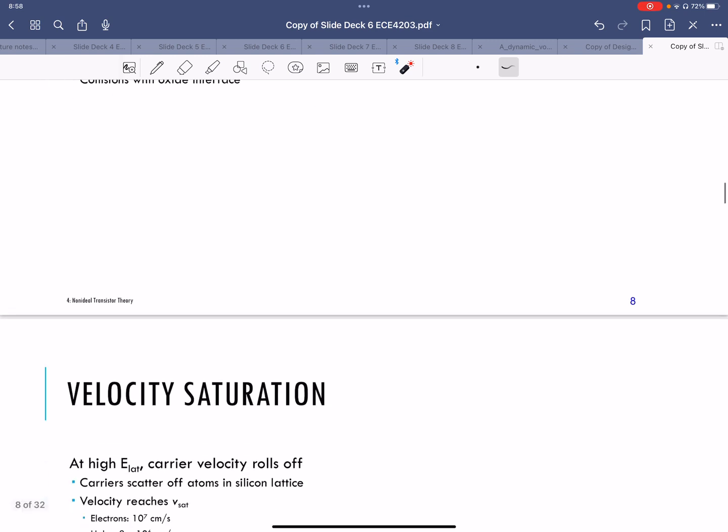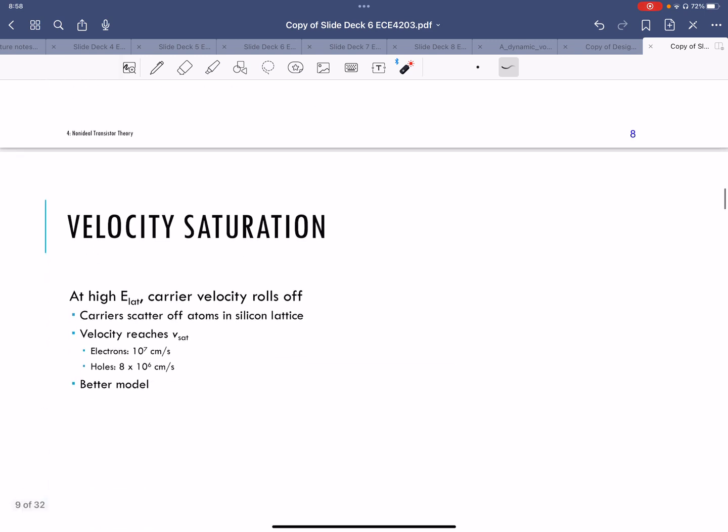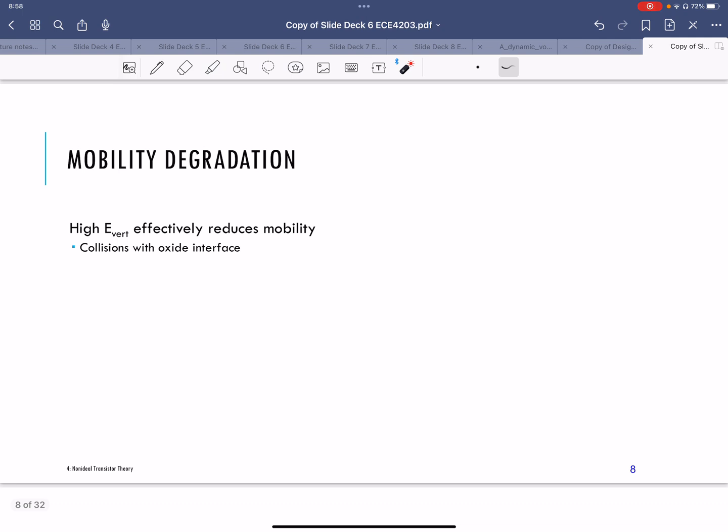Okay, so in either case, basically you end up in a situation where, let's see, this equation didn't come out here, but there's the mobility. Let me just draw for you what we mean by mobility in case you don't remember it. So mobility, when you have an electric field in silicon, and let's say you have the velocity of an electron,